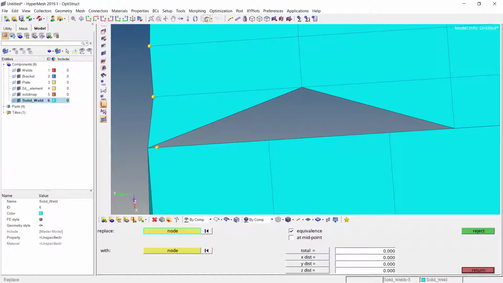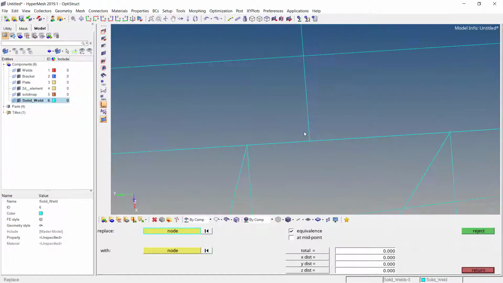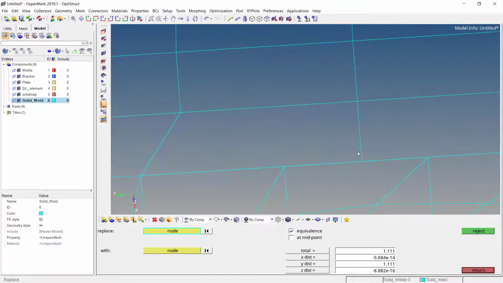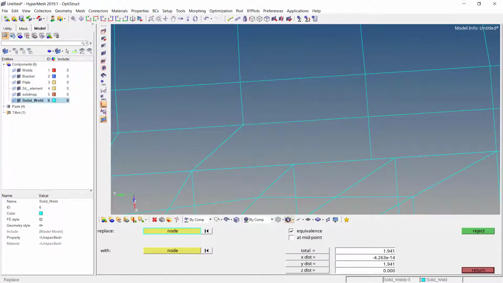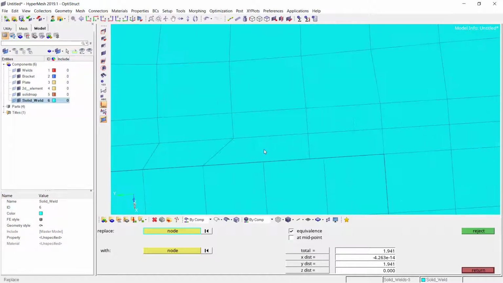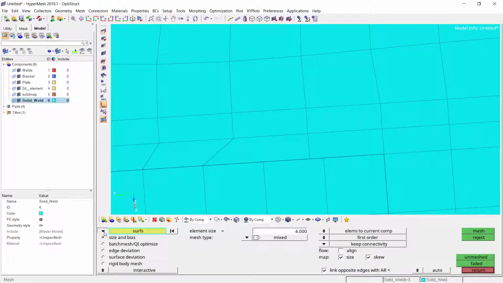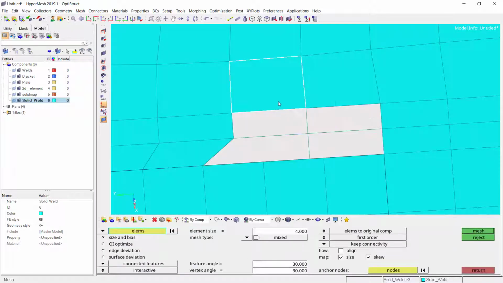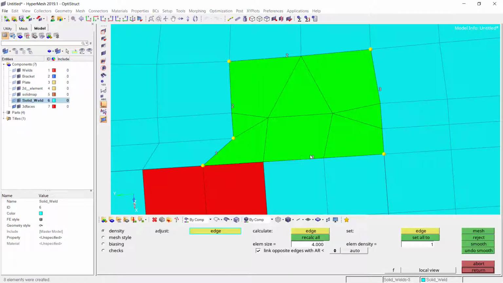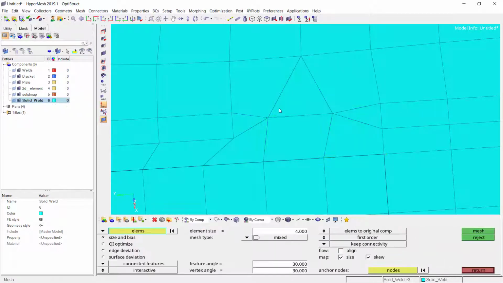Oh, this is not what I wanted. So go for undo. Again press F3, again go for this mode, select this one and this one. Perfect. Again let us do the same thing over here as well. Again let us go for shaded mode. So here I can try to change the number by 1. Instead of surface, go for element. And here again done.